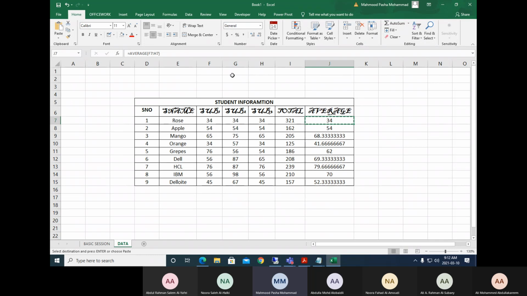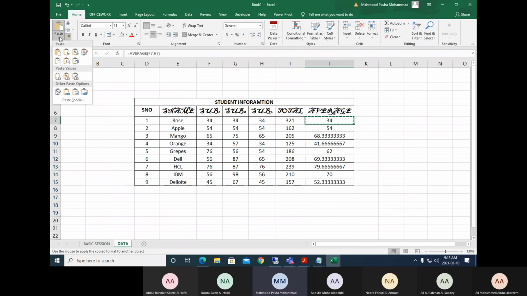Like for example, let's do one thing. First of all, I have copied it. Then I'll copy this. Then formulas. We have copied this. Now I will apply here. How to apply the formula?